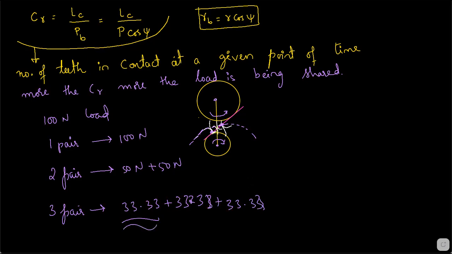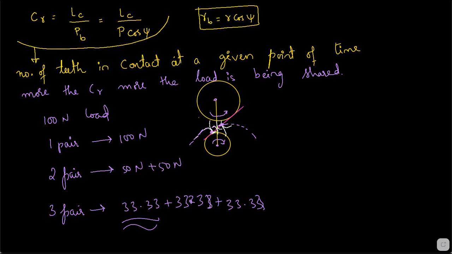Because if the load is decreasing, you will need less strength of the teeth. Otherwise you will need more strength of the teeth, because the teeth will fail. If you have a very high load and you are only giving 1 tooth with a weak material, instead you can give more than 1 pair of teeth, so that even with a little bit weaker material, motion transmission is possible.